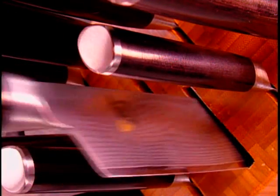Now, in a Shun, the VG10 is supported by multiple layers of another steel called 410, which is even more stain resistant than the VG10. The resulting knife has a very interesting, beautiful, wavy pattern down the side, and as far as cutting goes, well,